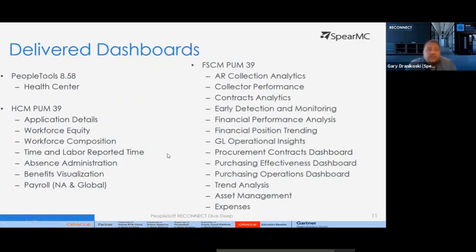So what's delivered, right? There are new dashboards with every release, and there's probably 20, 25 listed here, but automatically with PeopleTools 8.58, you can get the Health Center. You have to use Logstash. Make sure you install that if you plan on using the Health Center along with Kibana and Elasticsearch,